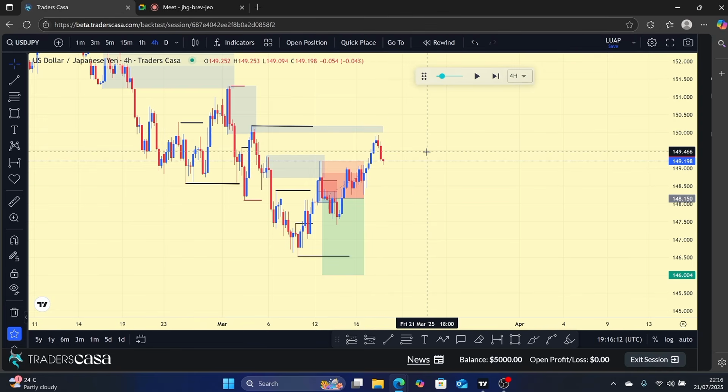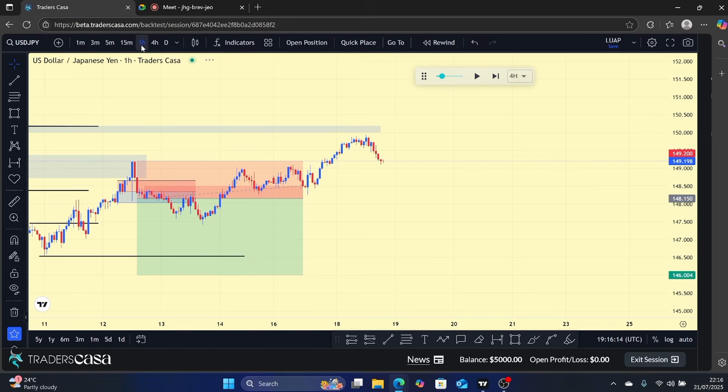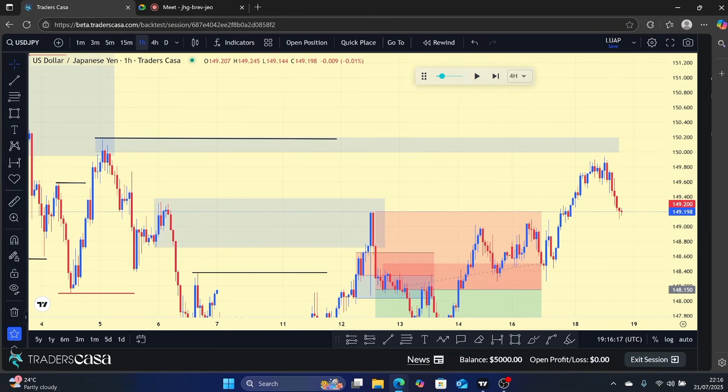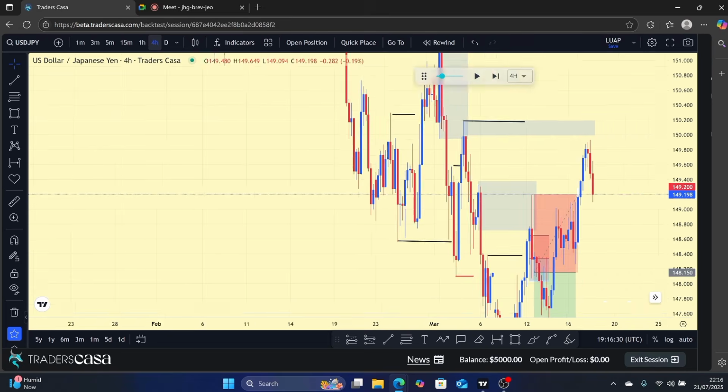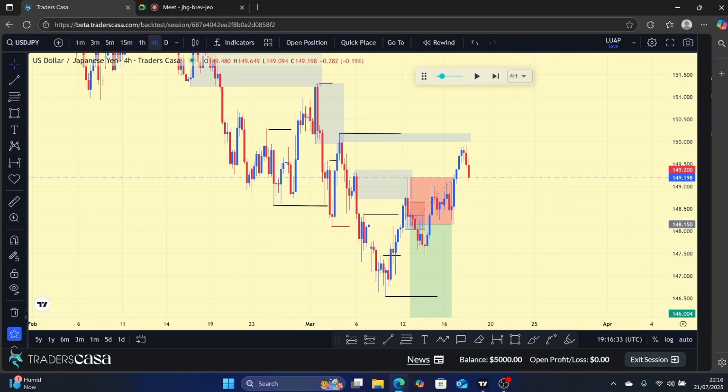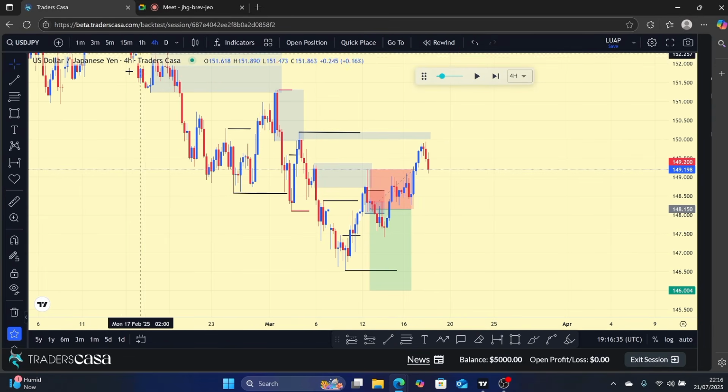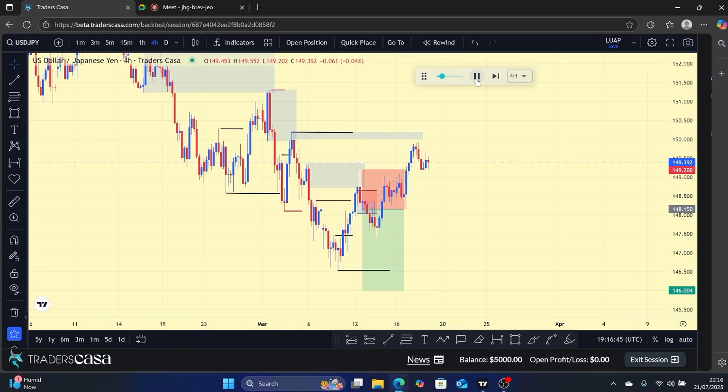also we need to check for what we call the hidden POIs. So you can get into the 1 hour, and we see if we can spot any hidden POI in our case, and I don't see any. So in this case I'll just wait for mitigation of this rejection block. If not, I would just wait and see what price does. So it's either price to mitigate this rejection block or price to do something else, just to see what price